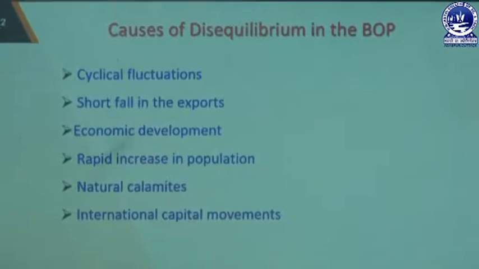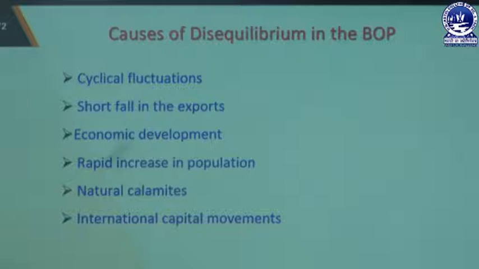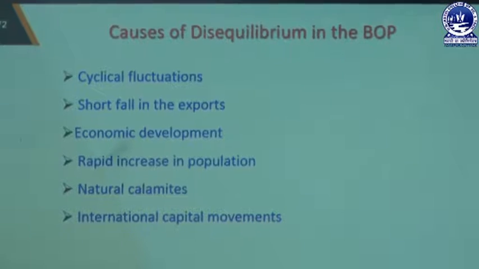So another reason is natural calamity. What are the natural calamities? The natural calamities may be shortfalls of rainfall, or floods, which may diminish the production of the production units, or which may hamper the agricultural sectors. And that's why the import and export transactions, or the trade transactions of a country, may be hampered, which represents the disequilibrium of balance of payment.